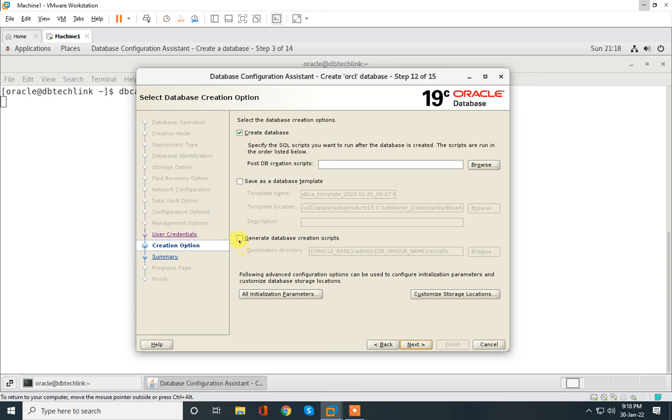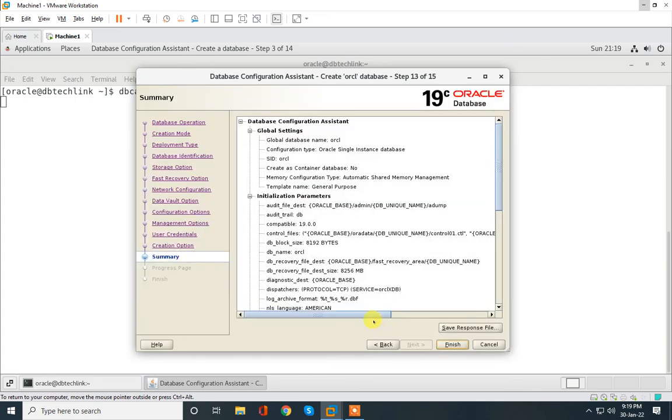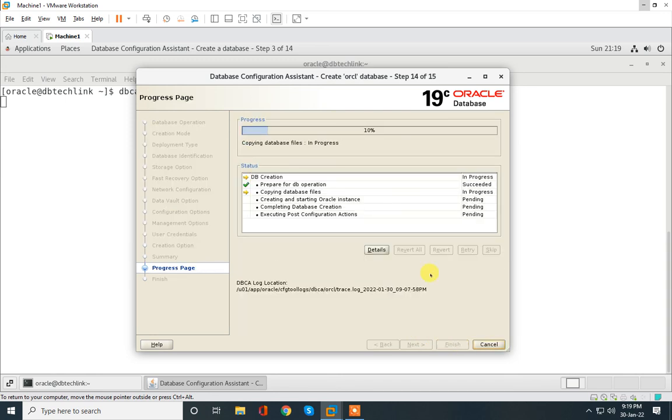I will create a separate video on how to create a database manually, right? Next. Now finally click on the finish button. We have to wait for 5 to 10 minutes.